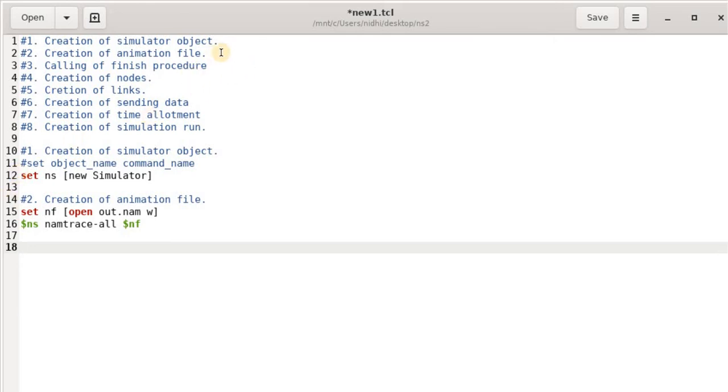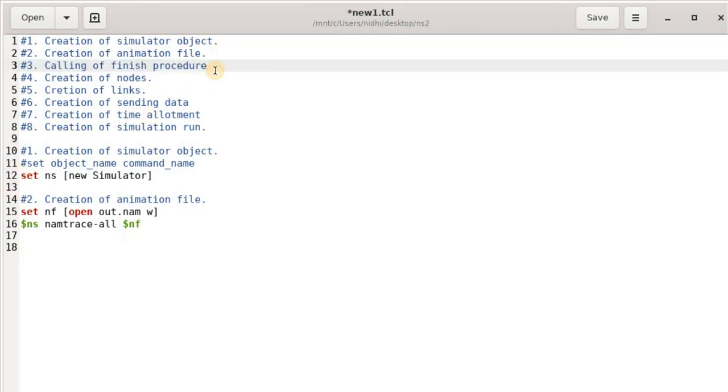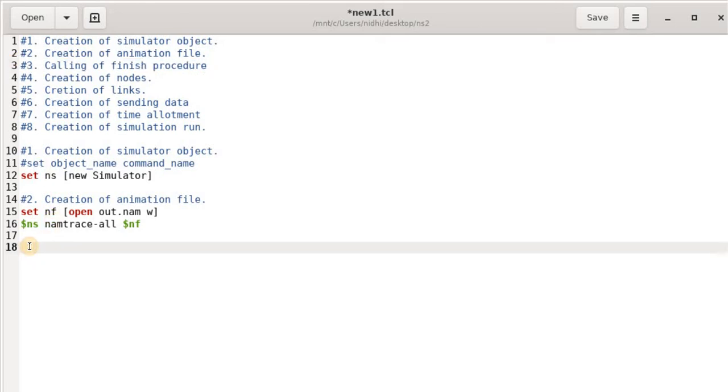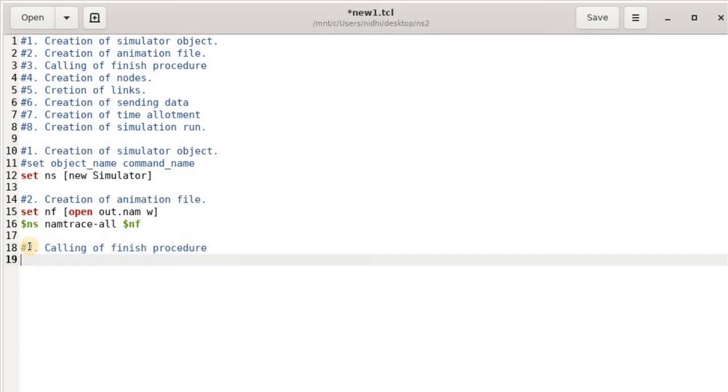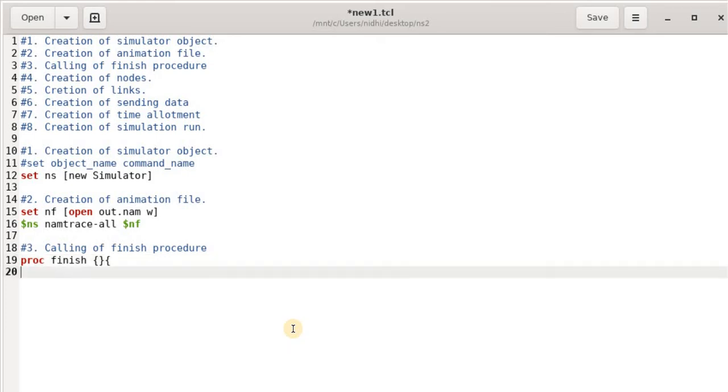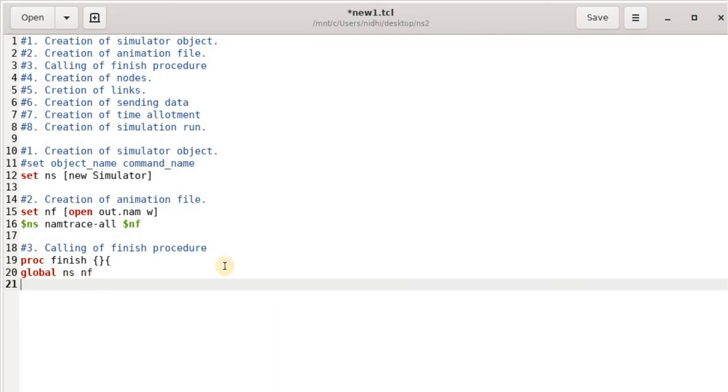Now the third one is calling the finish procedure. It is a mandatory step as well as a sequence you have to follow. In the finish procedure, there is a function that is called proc, and this is your function name, and curly braces, and you have to write global ns nf, meaning the object names.